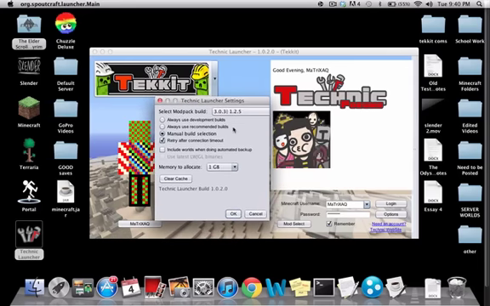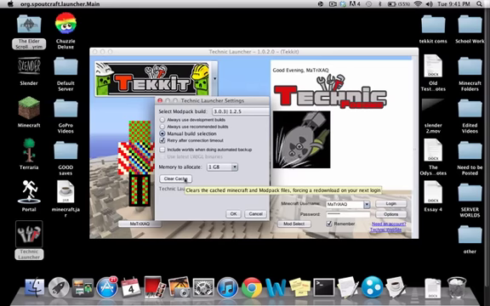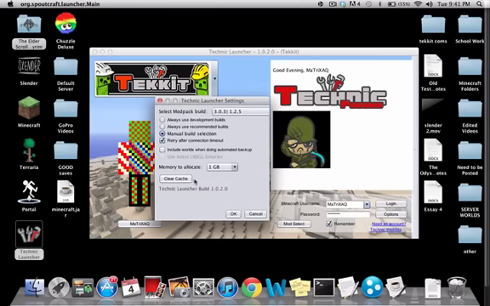Go to options, and you'll need to check the manual build selection. You go ahead and box that in, and you're going to want to click clear cache. What that'll do is it'll delete the current version of Tekkit,